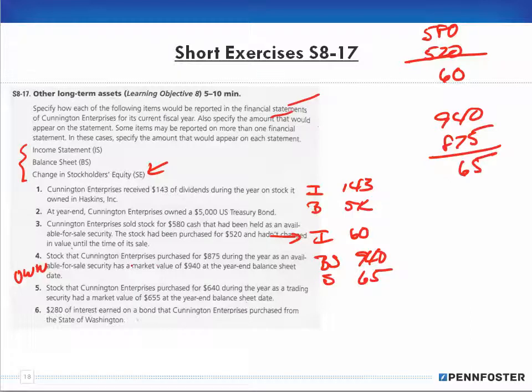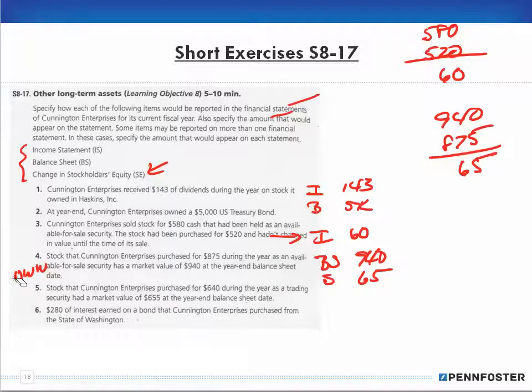So store it in the back of your head that when you buy and sell stock, you record the gain in that year. If you buy and hold, you have to record what the value is at the end of that accounting period. You always have to constantly adjust it. So if you're buying stock and you're holding it over several years, every year you're going to have to update the value of that stock. That's the best way to explain that.